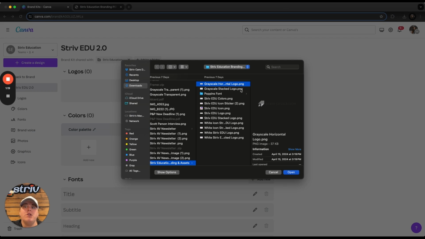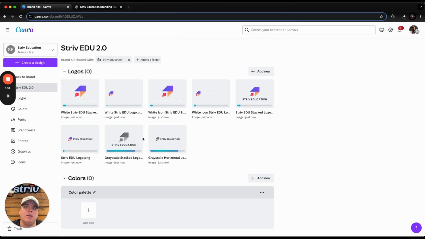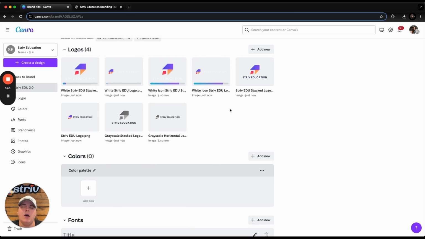So we have a handful of different logos. We have our grayscale logo, our icons, then our regular logos, both in white and outlined in white, made in white, and then in navy, just so it's transparent, viewable across different backgrounds. So there's our logos. I will say we don't use the grayscale very often, but I have used it recently